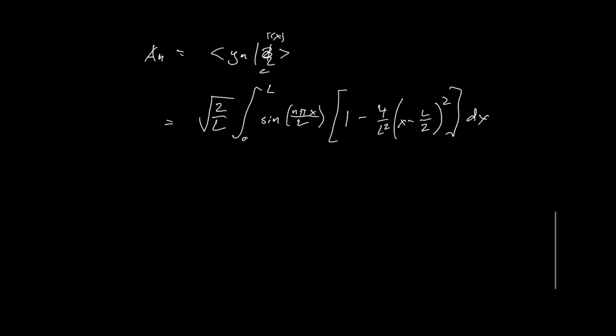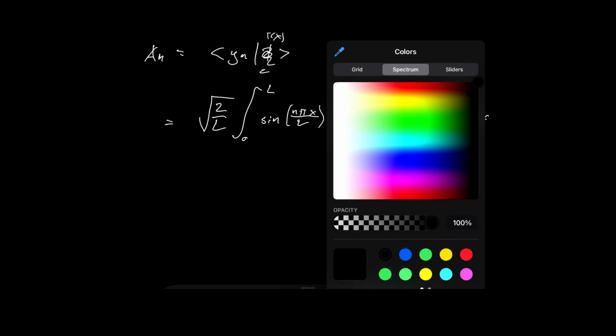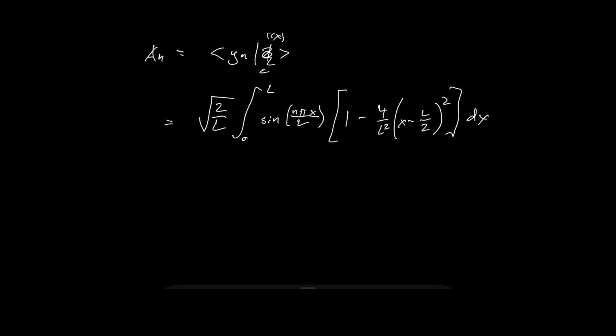Okay, so let's keep it fresh and interesting. Let's change color to this one. So a sub n equals y sub n with whatever this function we're going to call phi, and that is this up top. So we end up having two different, I'm going to go ahead and split it up now. So we have 2 over L, 0 to L, sine n pi x over L, minus, then we have,